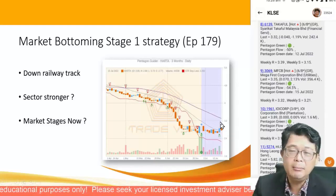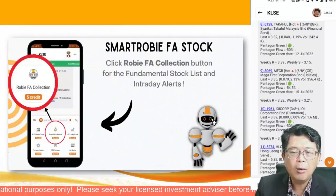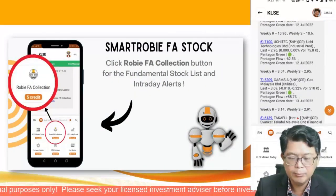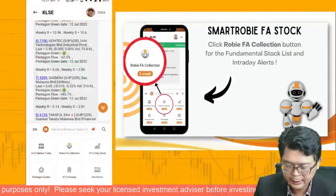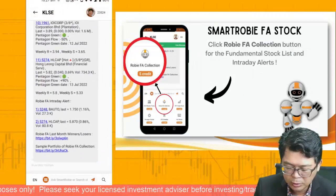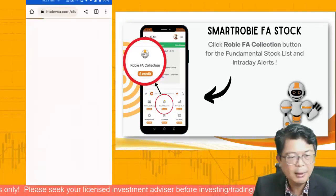All right, so the market's really moving sideways. It's really market bottoming in here. Now all in all, you can check out the Smart Robi, and all you've got to do is just switch to a wider chart here, look for FA collections, and you can see in here also some of the last month's winners. We can check it out. Last month's winners